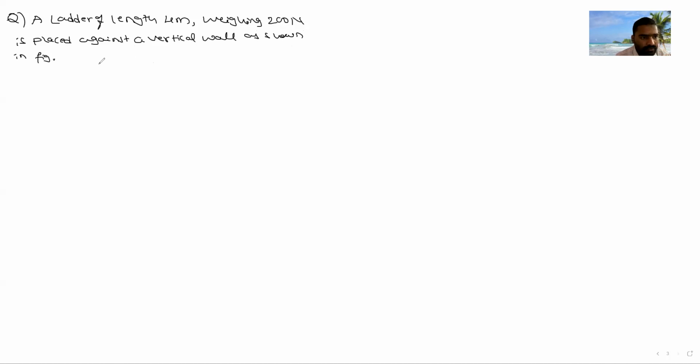The coefficient of friction between the wall and ladder is 0.2